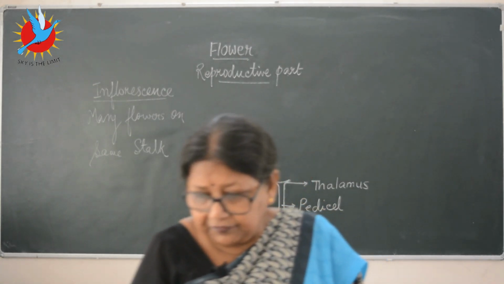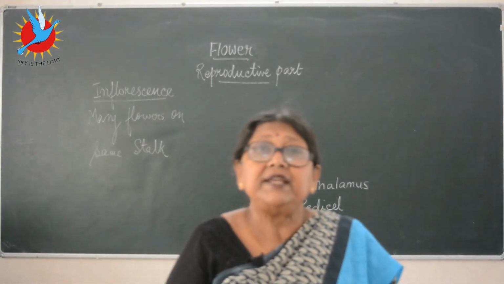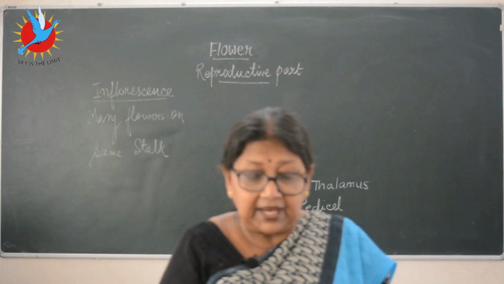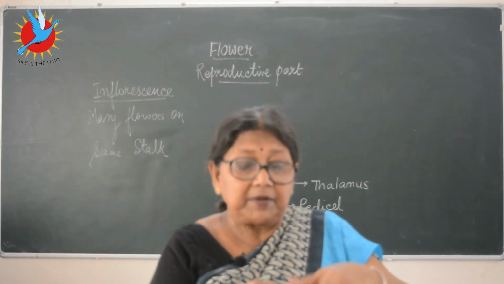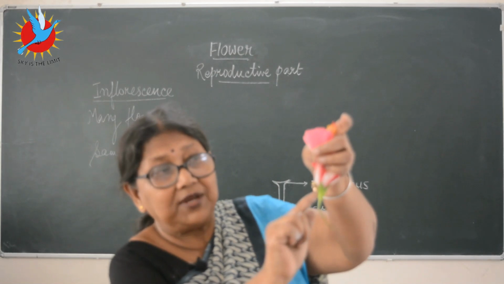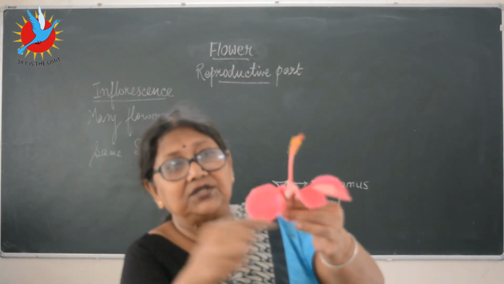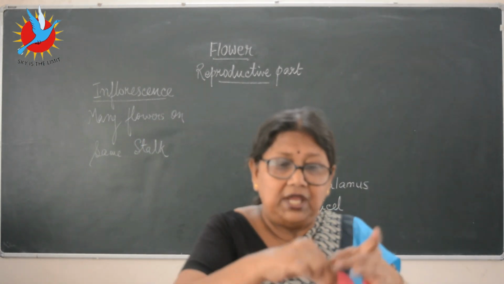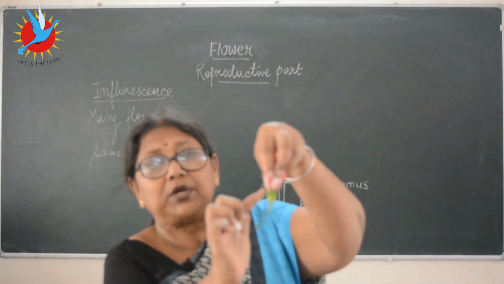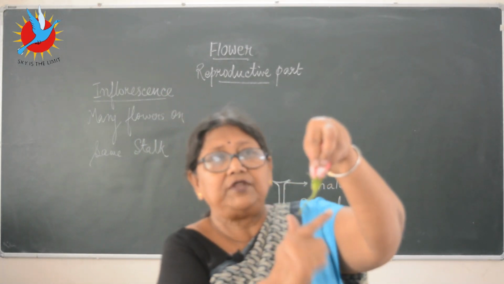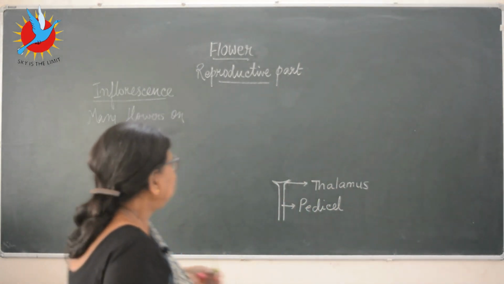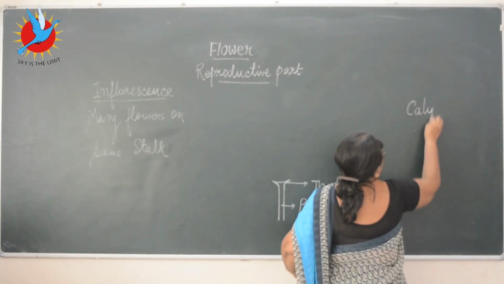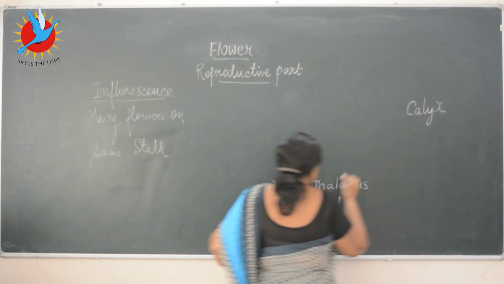Now we take the first part of a flower. They have mostly four whorls. What do we mean by four whorls? Four circles. You can see the green one here, then this red one here, then one here, and one here. I will take each one separately and show you. So this outermost, the first whorl of the flower, is called calyx. Calyx, I'll draw it here, you see.